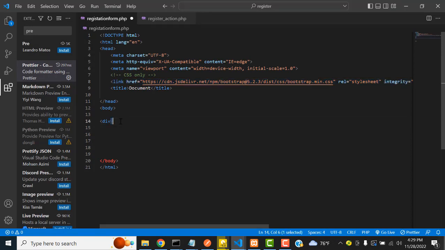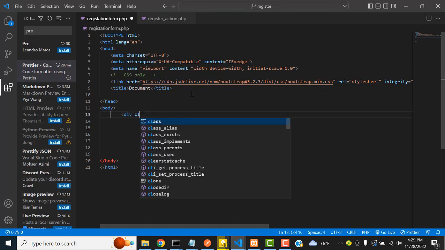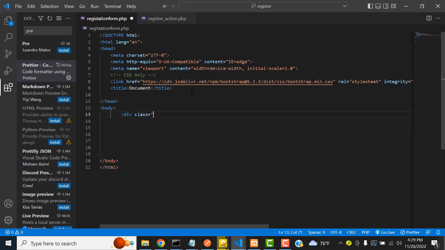Right. After that, we have to write the code inside the body tag. We have to write div class container. That is the container class. Close the div. Right, this is where we have to make the design. Very simple. So after that, here I'm going to write